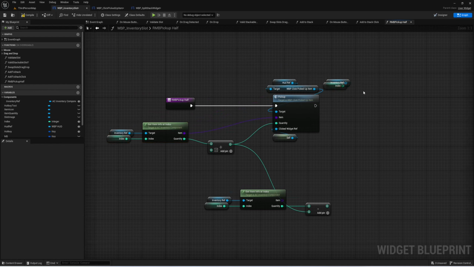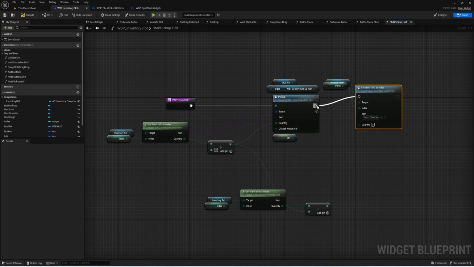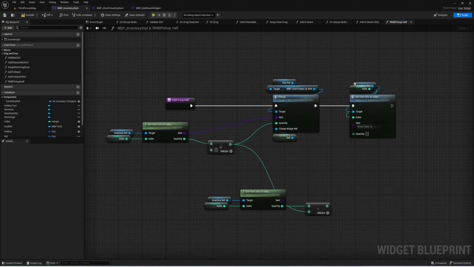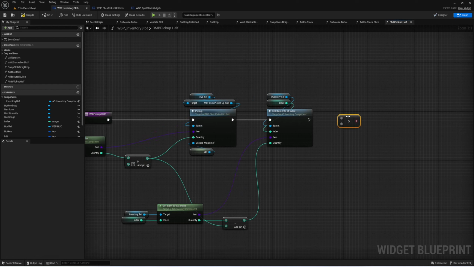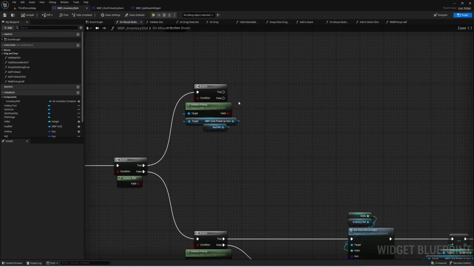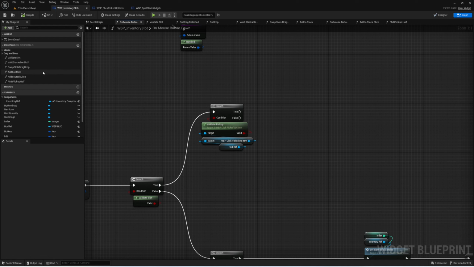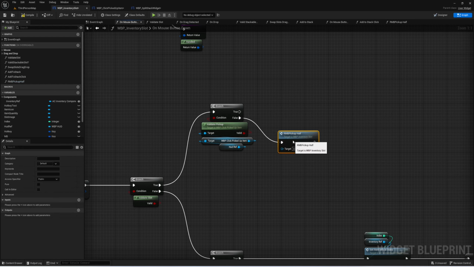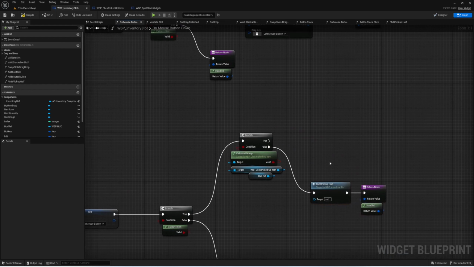So now we want to set item info at index to be that of the subtraction so that we have the right number. Like so, item becomes item. And then we can return back into our on mouse button down. When we validate our pickup, if we do not have anything, then we want to RMB pickup half, and we can return with a handled. If it is true, however, I want to see if I'm able to, if it is stackable